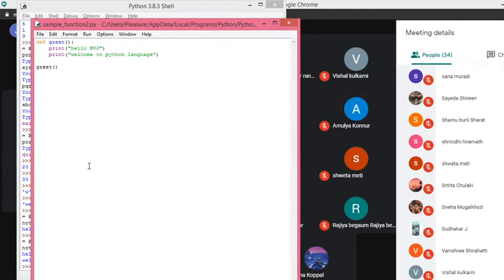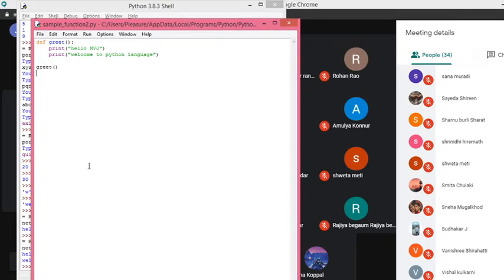If you write the same program in the C programming language or in Java, what will be the impact? How do you write it? You should write main functions again. First you need to write a function definition, then you write the main function, then in the main function you call the function, and then you execute the main, and then the function will be executed. So function declaration is required, function call is required, function definition is required in the C programming language.